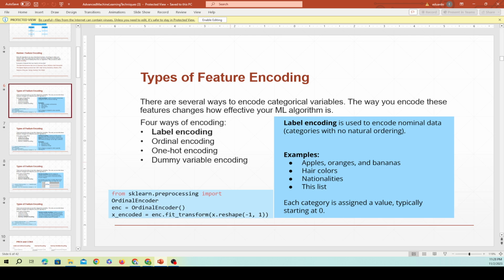Numbers will be taken into consideration when you train the machine. So unfortunately, we are assigning some value, some relationship that we didn't want to add. So we have to be careful when we encode our features because unintentionally we can add